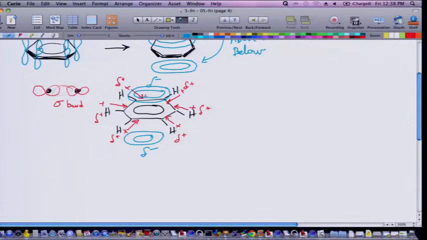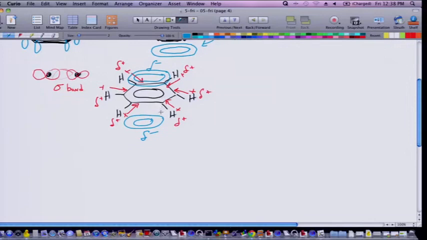We call this a quadrupole. And you can have quadrupole interactions, quadrupole-dipole interactions, all kinds of interesting setups. And that means that benzene rings can interact with each other and get different stabilizing configurations. For example,